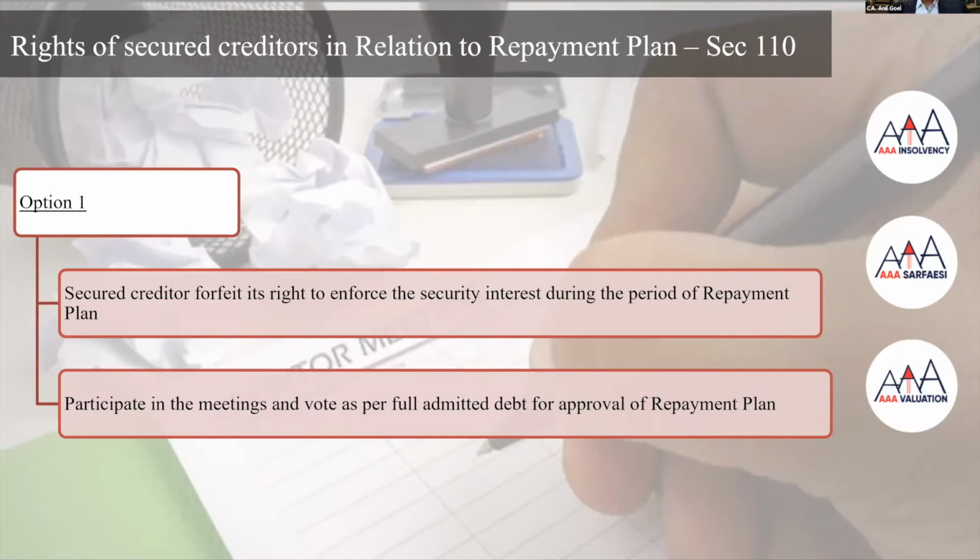So we are today doing the third part of our webinar on the insolvency resolution process of personal guarantors. And this would be the final. Today we would complete this insolvency resolution process, and we will also cover some avoidance transactions and also a little bit of the bankruptcy process.